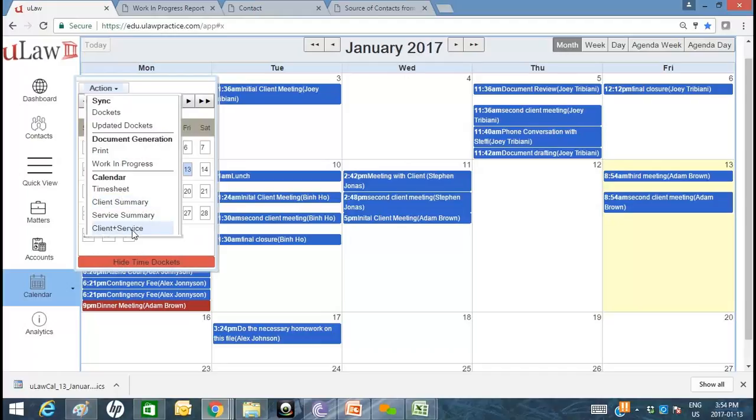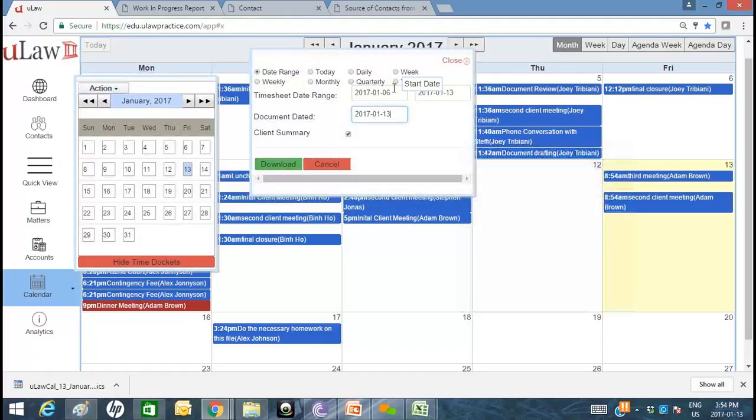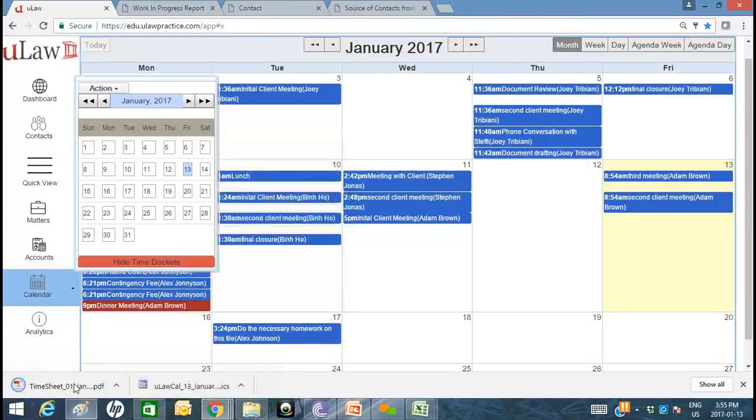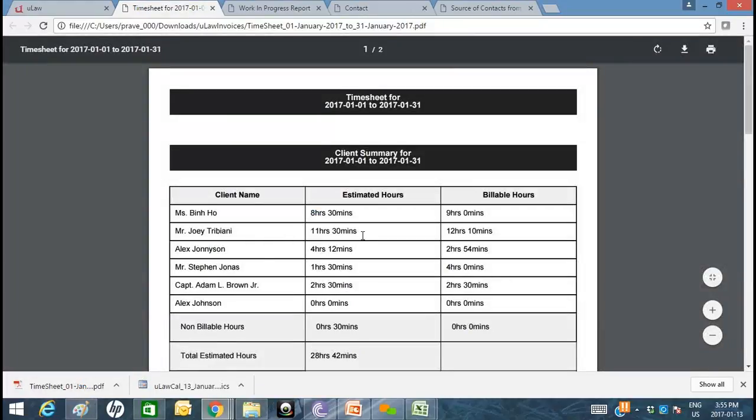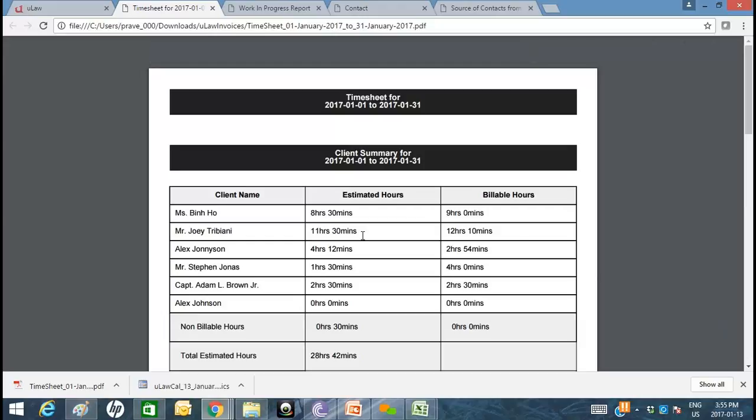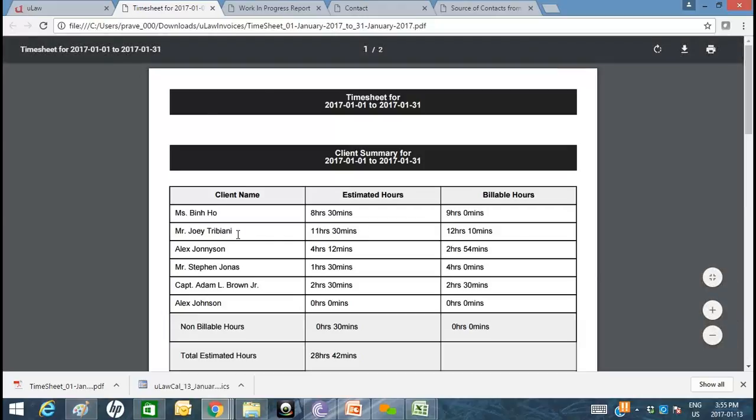So if you look at the Client and Service Summary, which is right under here, over a date range, for the month of January, I could quickly look at a summary of the client and service that I've done. So who have I serviced for that particular month? This gives me a quick view of everyone that I have worked for this month so far. So I've worked for Ms. Binho, I've done a matter for Mr. Joey Tribbiani, done work for Alex,